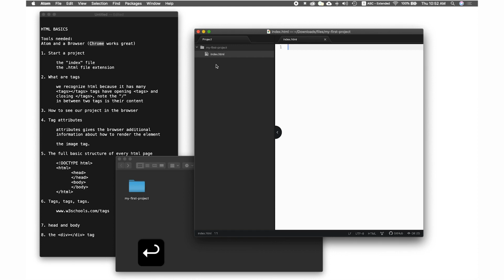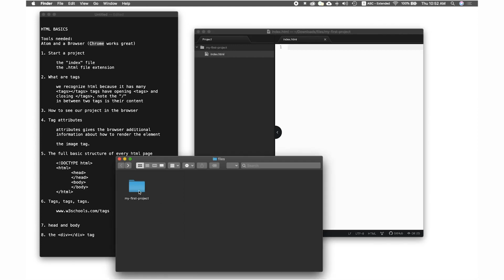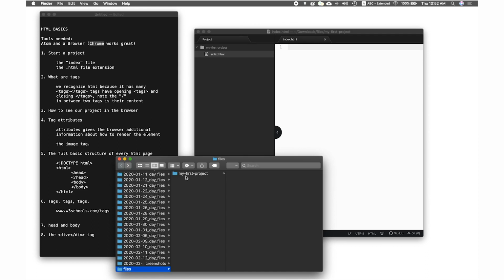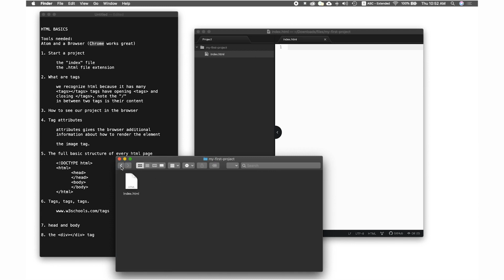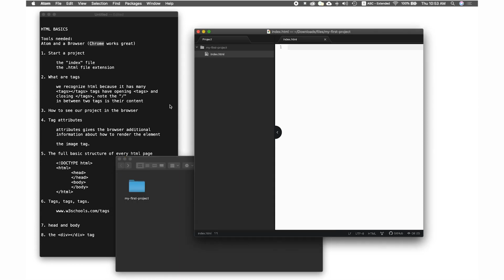If I hit enter now, we see how the index.html appears here. Also in our file system, if we go into this folder here, we see that this file was created and it's also visible here. Okay, next up,